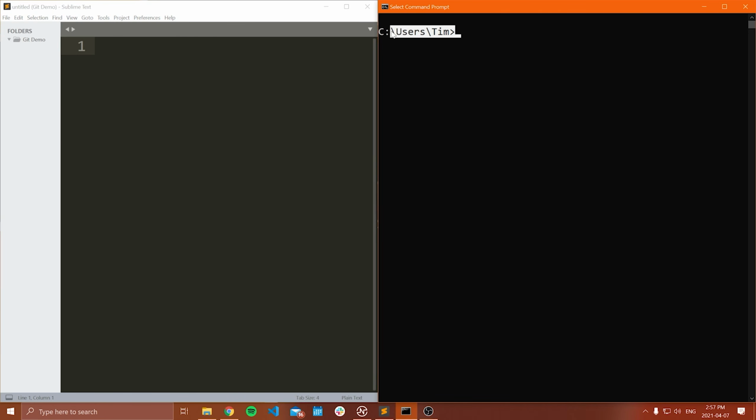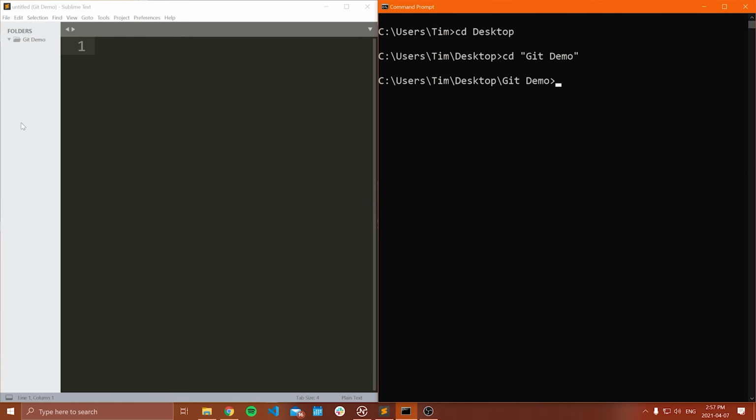You will likely be in your home folder when you first open this, and you need to navigate to the folder or directory you want to initialize this repository for. Please do not initialize a repository in your home folder. That means all of the files in your home folder, including all of the subdirectories, will be a part of that Git repository, which is just not ideal, and you do not want to have that. So what you're going to do is go cd and then change directory to whatever location you need to go to. In this case, I'm going to go to my desktop, and then I'm going to go to my Git